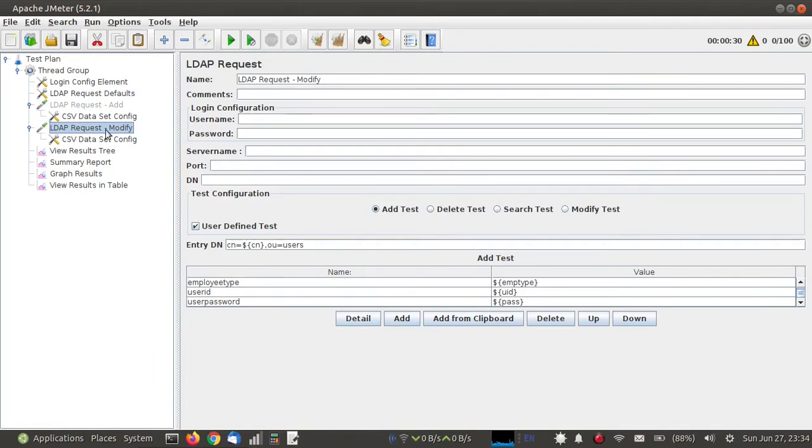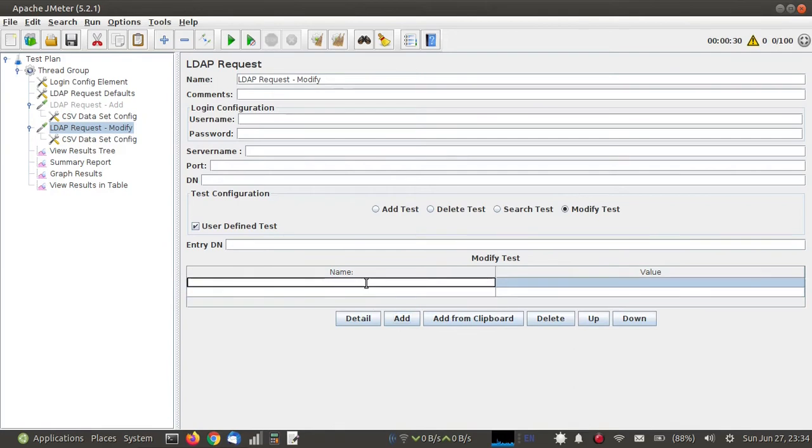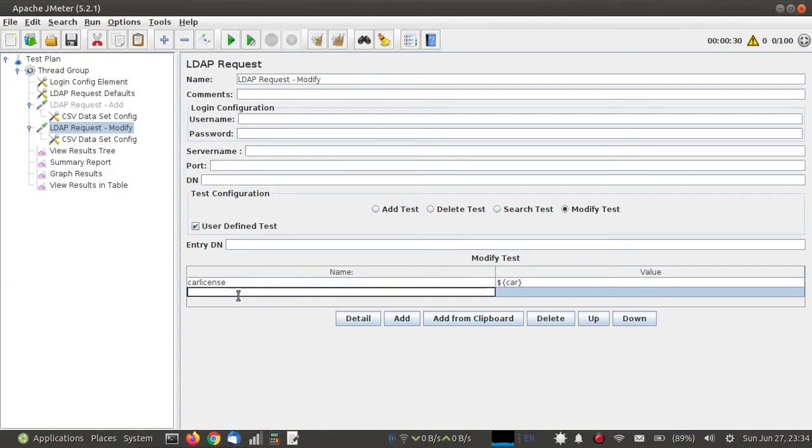And now in this modify sampler, I need to select modify test. Then I need to add two attributes. First is car license. Its column name I'm going to give car, and second is password.